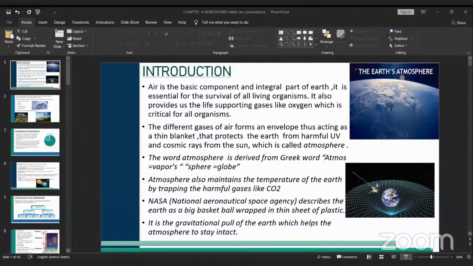Subpolar low pressure belt. Here you can see the pictures. Subpolar low pressure belts are formed at the Arctic Circle and the Antarctic Circle. In the northern hemisphere, the Arctic Circle, and in the southern hemisphere, the Antarctic Circle. These converge to produce cyclonic storms in low pressure conditions, and this zone is also called the polar front zone. Here mid-latitude jet streams are formed. In this area, the polar front has formed.